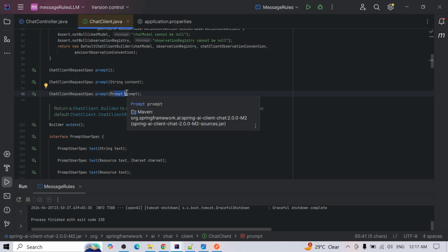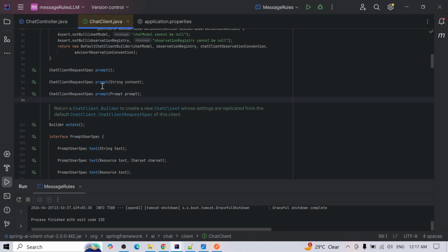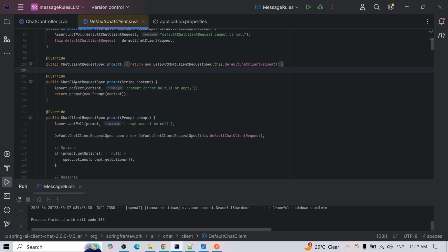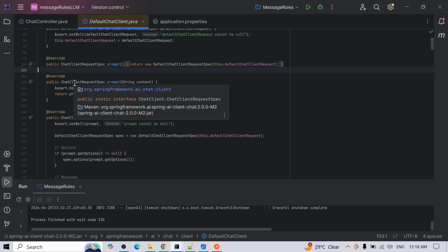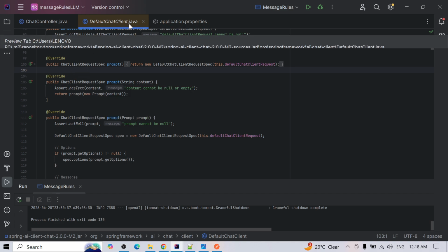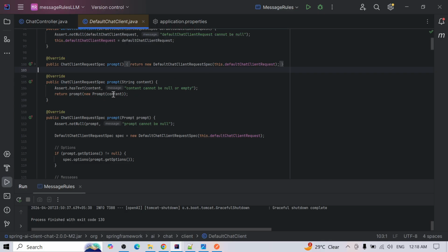For example, one version accepts a string input and another works with a prompt object, right? If you follow the return type, you will find the actual class behind it, which is DefaultChatClient.java. Now inside this implementation, when we pass a simple string message, Spring AI internally creates an object